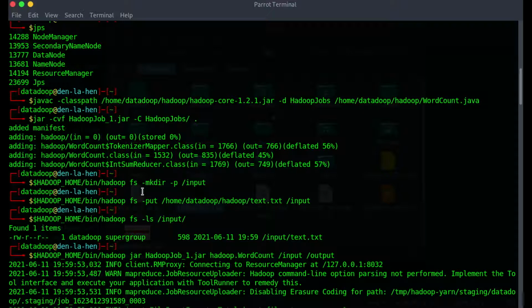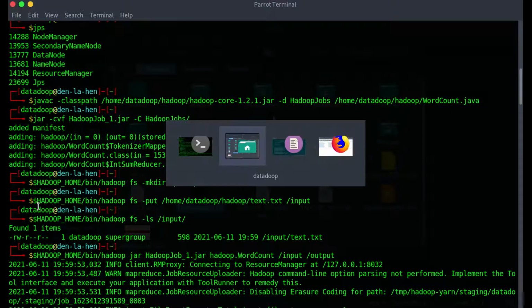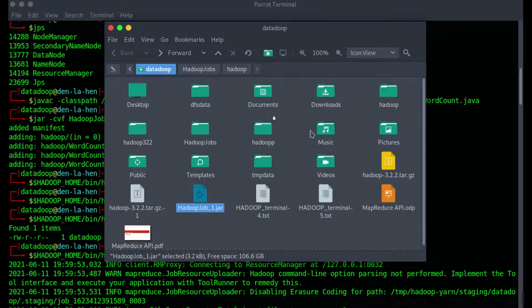You instruct the file system to make a directory, and you give the path, that's /input. Then we simply copy the input that's in your local directory. So my input is right here.